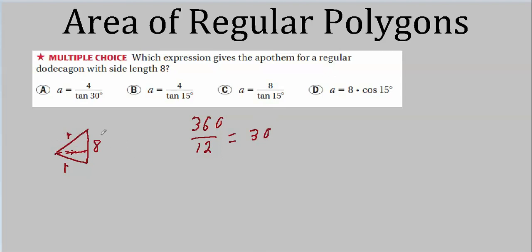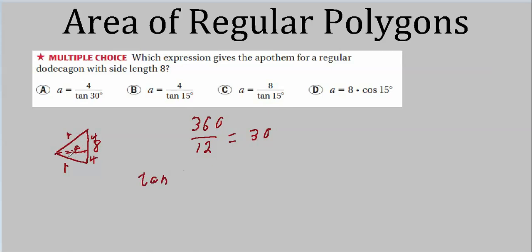Why do we care? Well, this is 4, and this is 4. We could use either side. Well, if this angle is 30 degrees, 4 over the apothem, we'll call this A, would be the tangent of 30 degrees. So we've got the angle, so we can look up the tangent of 30 degrees. And we've got this opposite side here. Tangent is opposite over adjacent. We just don't have A. So that's pretty good. We've got an equation we can set up with just one variable. It involves a tangent, but that's okay. Our calculator has tangents on it, or you can look it up. But not 30 degrees.